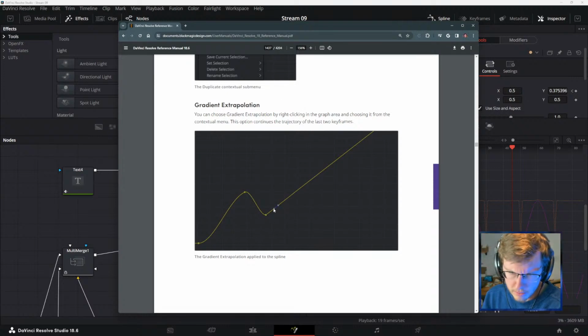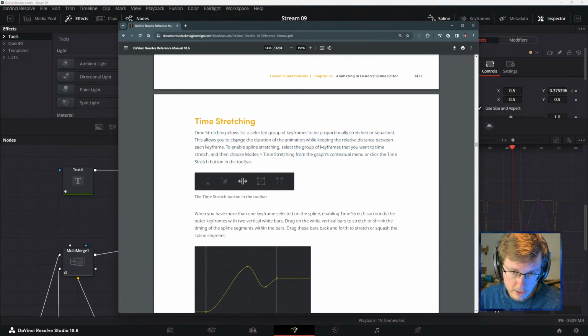That's kind of cool because, like, if a keyframe persists, you don't want it to just change its path, but you don't necessarily care to animate it exactly. But if it goes off screen slowly, that's when you would use this without needing to keyframe it. You could just have it do a gradient extrapolation, I guess.